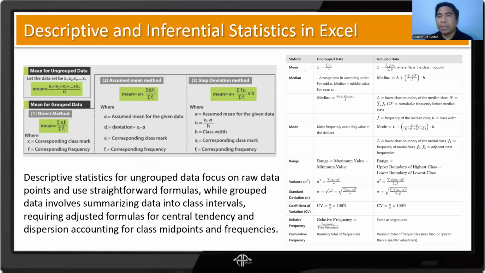But for grouped data, we introduce new ways to compute the mean, the median, or not really. The mean is just the same, but for the median and the mode, we have further elaboration of the process. In short, the process is more complex for grouped data. Although the visualization and presentation are simpler, what makes it quite difficult is the computation. But of course, in Excel, everything is considered ungrouped. Excel treats everything that we write as ungrouped data.